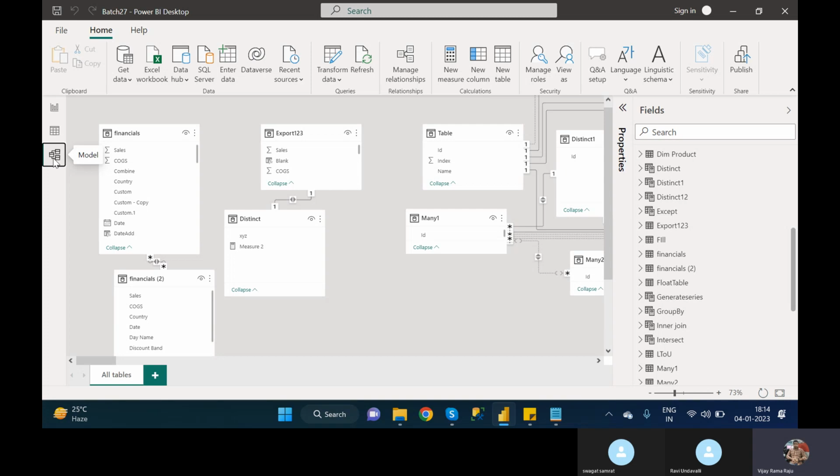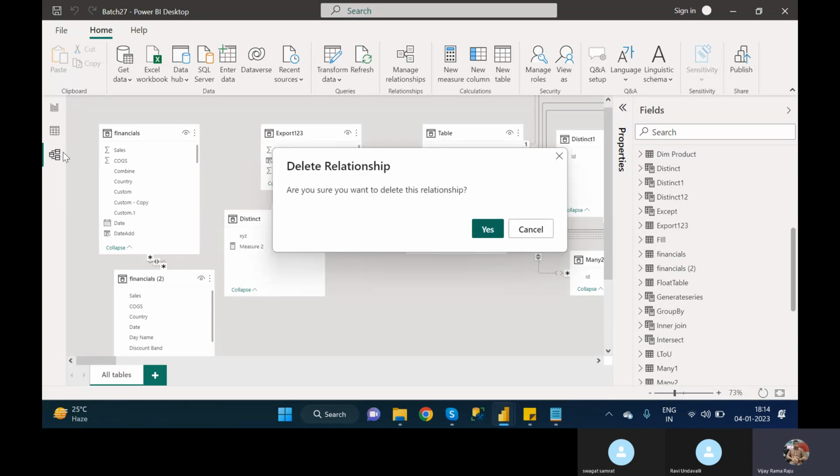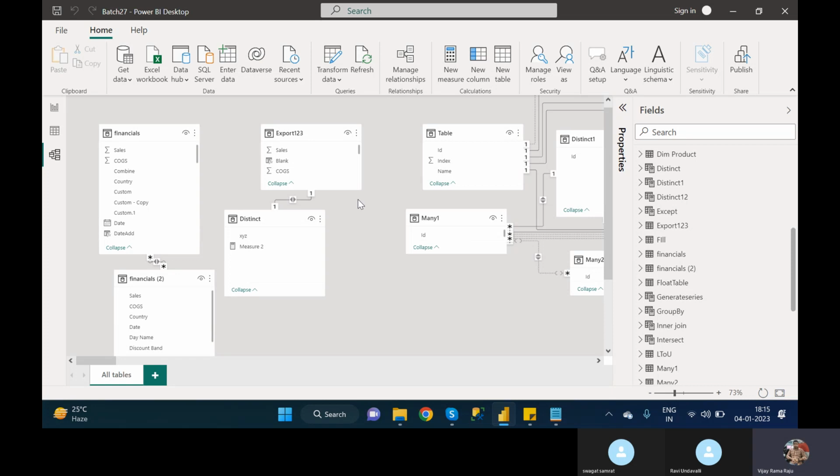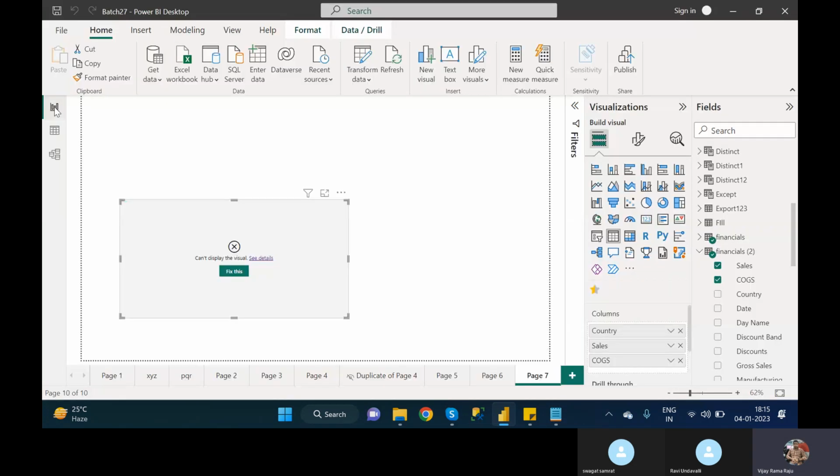What is the use of providing a relationship? Why do we need to provide a relationship? If there is no relationship, what problem will we face? Let's see here and discuss it. Suppose in this model you didn't provide a relationship. Why we need one is, when you are representing data in the column, in the visual,